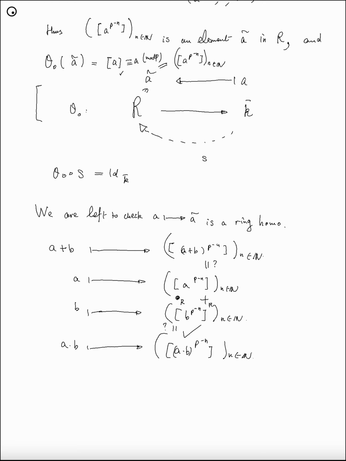So for the addition, what you have to check is that the Teichmüller lift of a plus b to the power p to the minus n